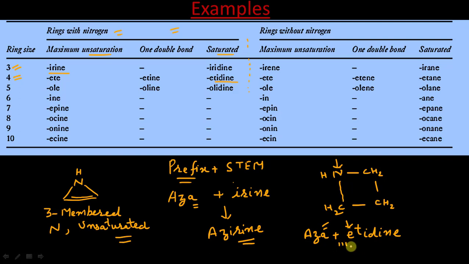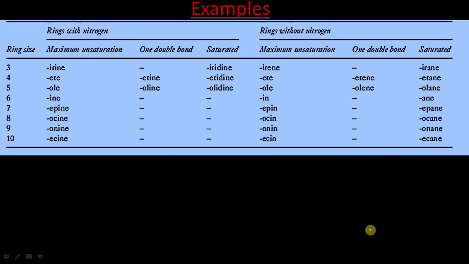So its name is azetidine. So it is quite simple. Now let us do example for a four-membered ring with atom other than nitrogen. Suppose we have such this compound, O,